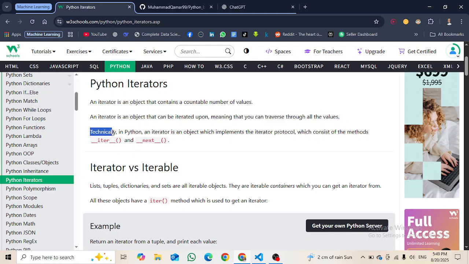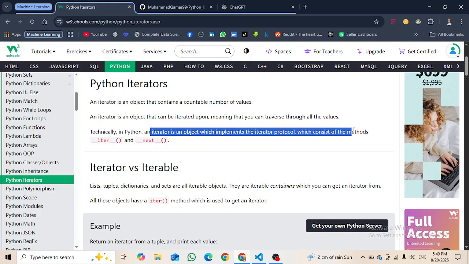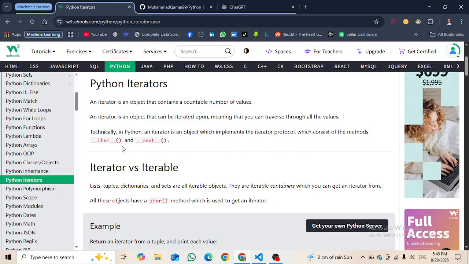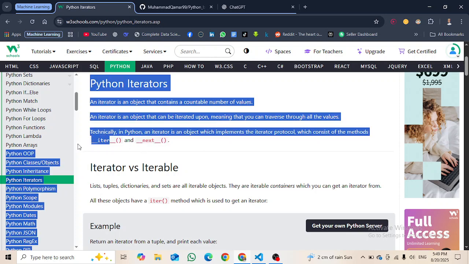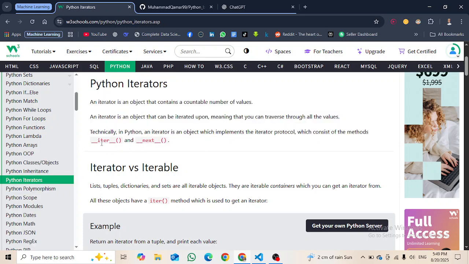Technically in Python, an iterator is an object which implements the iterator protocol, which consists of the methods __iter__ and __next__. When we use underscores before and after, such methods are called dunder methods.